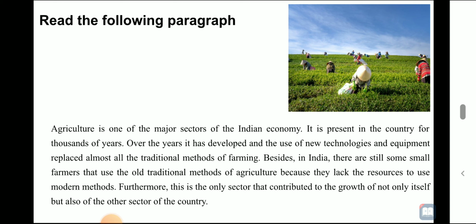I think you must have gone through this passage. It's a very small paragraph. Try to understand the central idea of this passage, then the keywords. Whenever you are going through such a paragraph, you should identify the central theme. Then you need to go through the keywords. Keywords means important words. Then only you can find out the right answers.